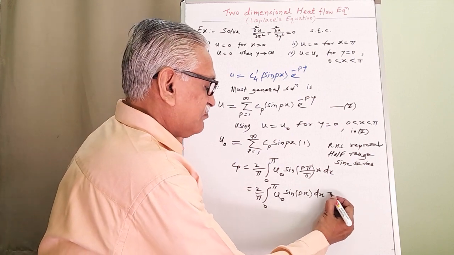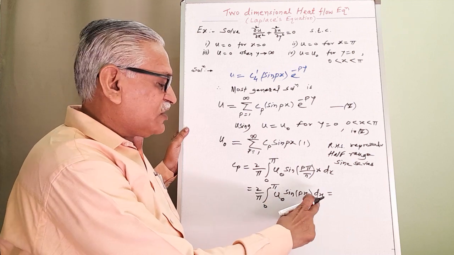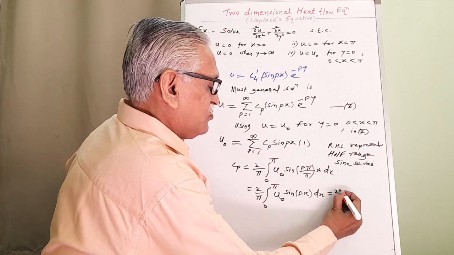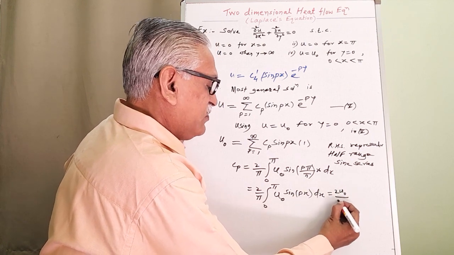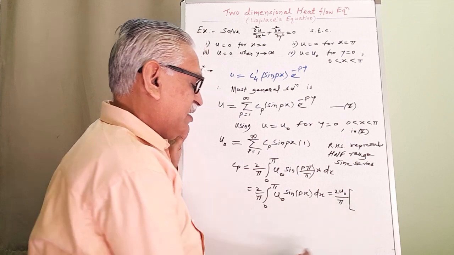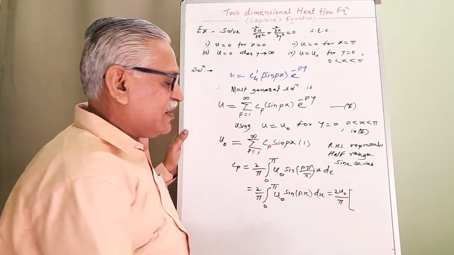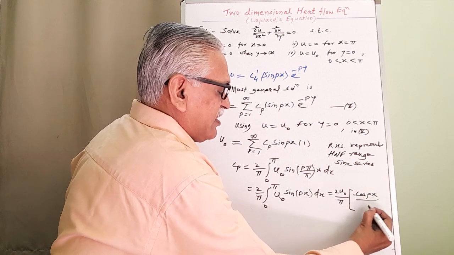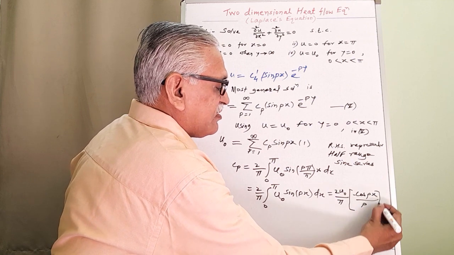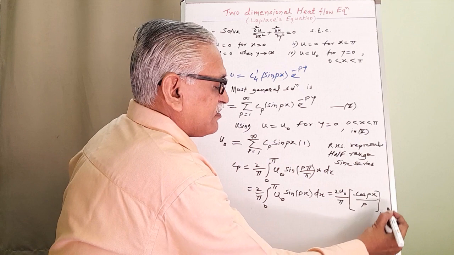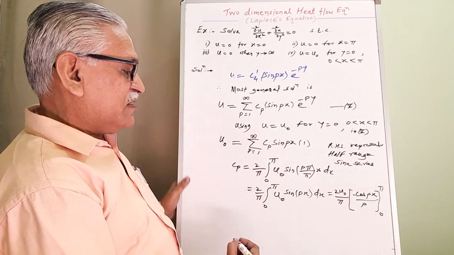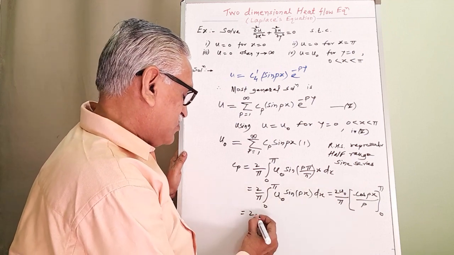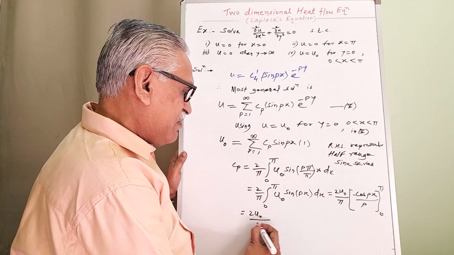Therefore it is equal to u0 is constant with respect to x, therefore I can take that outside the integration sign. It becomes 2 u0 divided by pi, integration of sine, standard result is minus cos of px divided by p, limits from 0 to pi, and therefore it is equal to 2 u0 divided by p pi